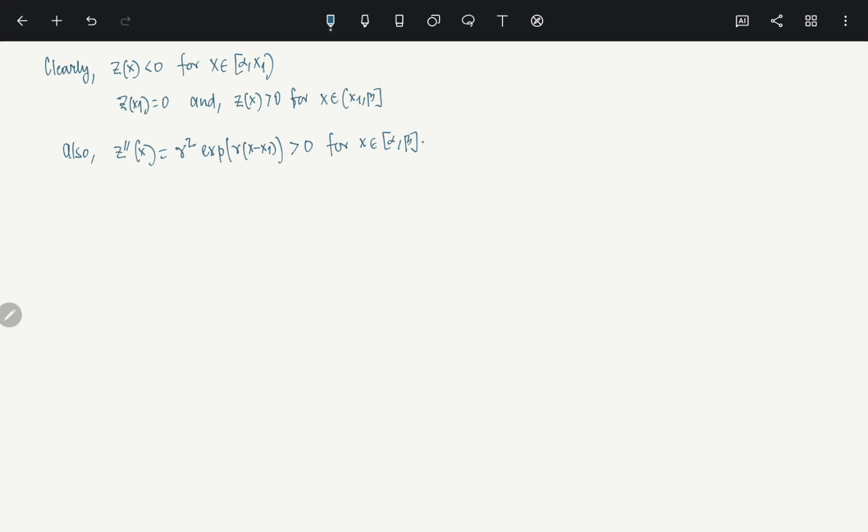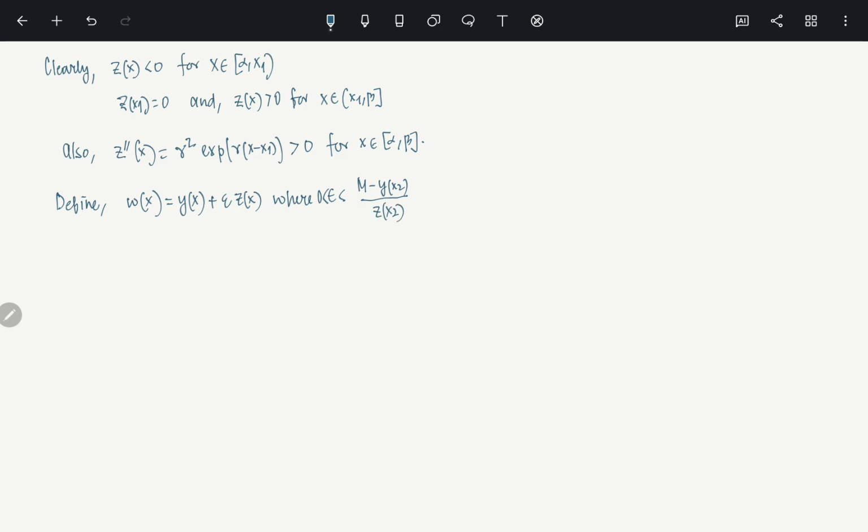Okay, so now what we will do is this. See, this is a small trick which you are going to use just to get our result. Okay, so what we are doing is this. See, we got a z such that z double prime is positive. Now what we will do is we define a new function. Define w of x, which is y of x plus epsilon z of x, where this epsilon will be specified here. You will see why we need this epsilon. Okay, so epsilon is positive and less than m minus y of x2 by z of x2.